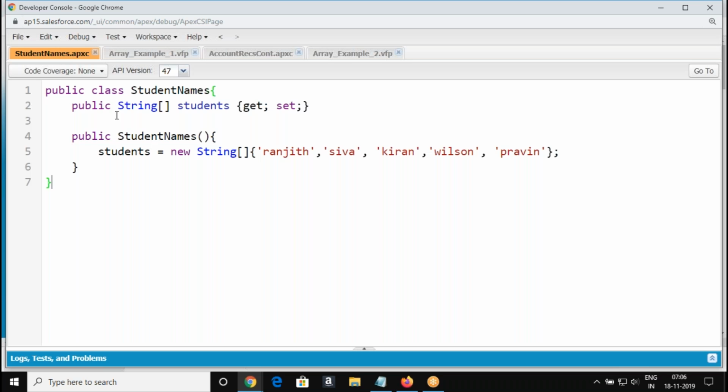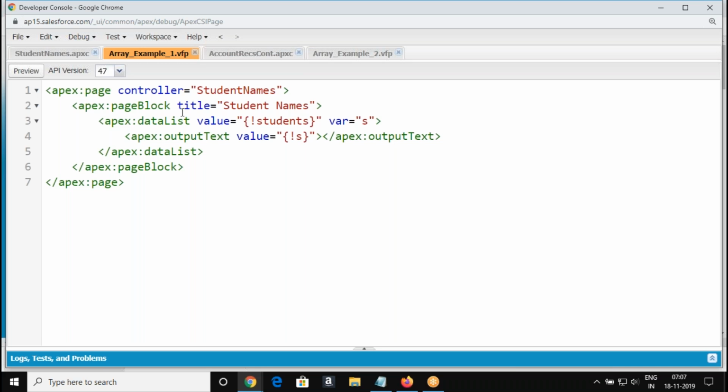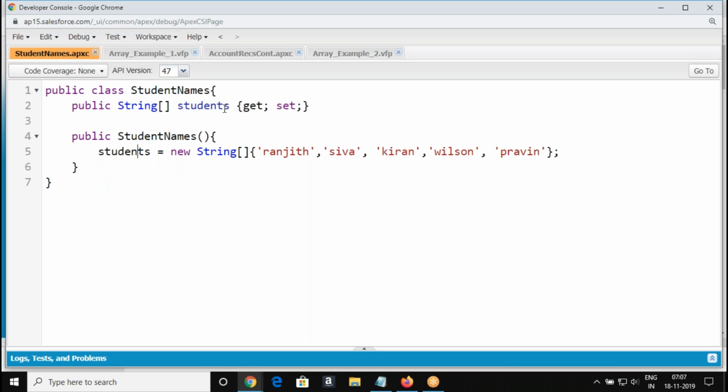So we've seen two examples. One is an array of string, where we declare the array variable as a getSet variable and initialize it with some value. Then how are we going to refer to this collection of elements? We are going to use a looping component in Visualforce. It can be a data list, data table, page block table, or repeat. So here we are referring to the array name, and the array name should be a getSet variable on your Apex side.